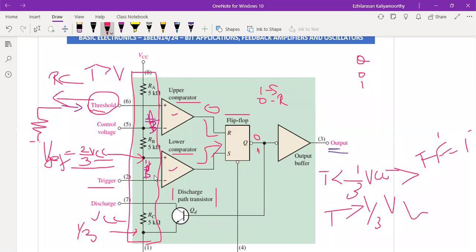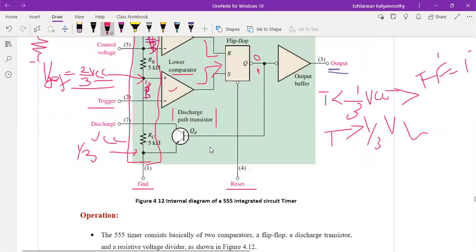So now when the device output is low, device output means which one? Here. If this device output is low, the discharge transistor will be turned on and provides a path for rapid discharge of the external timing capacitor. Now here the basic operation allows the timer to be configured with external components. So don't get any confusion here. This is just to show how the internal diagram is and how it operates.